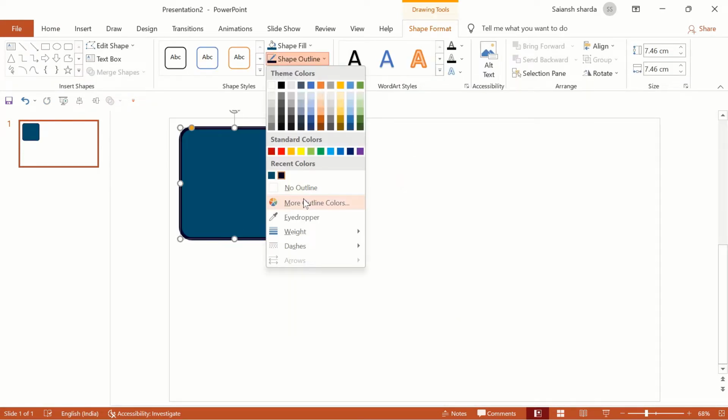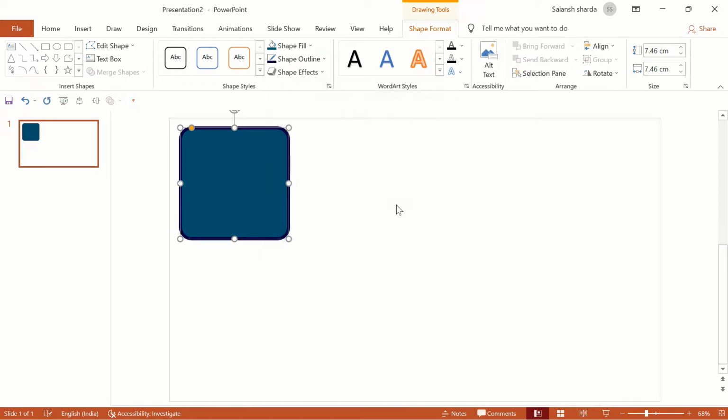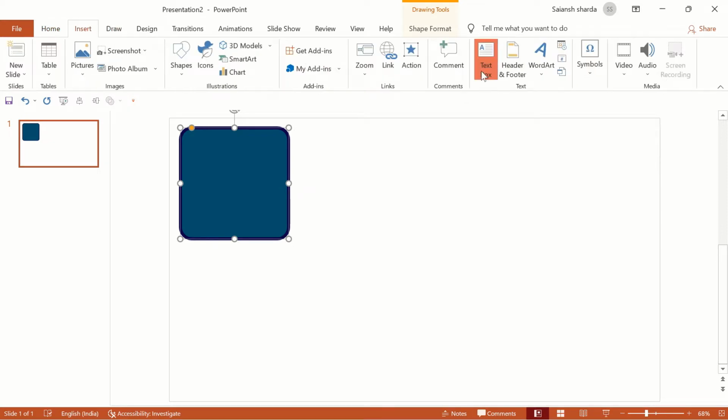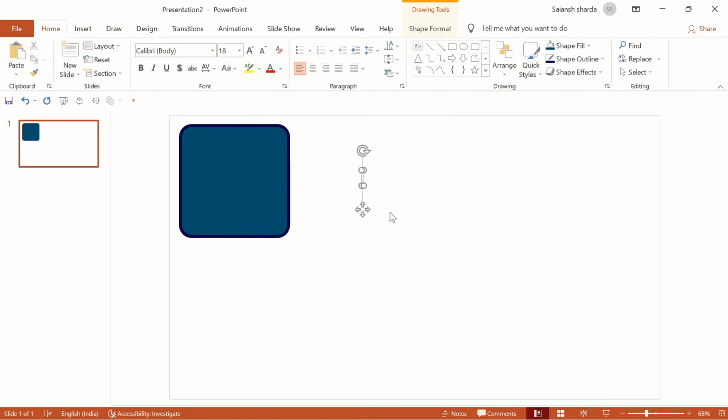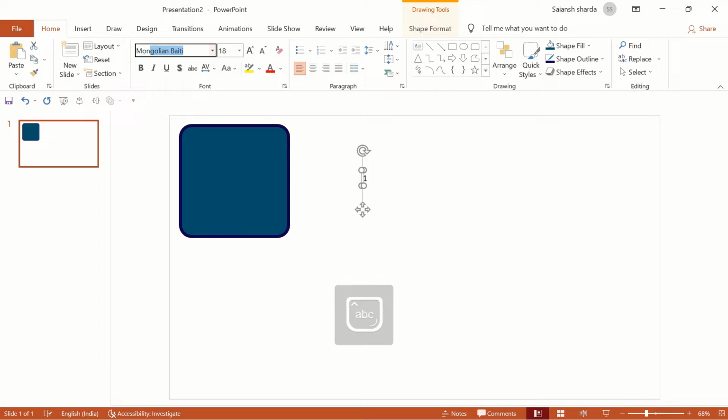And I think we can reduce some darkness because it's looking like pure black. So I think this is looking really good. So now let's get an insert text box and then just type in 1. And now let's choose the font to be Montserrat, extra bold like we always do, and let's increase the font